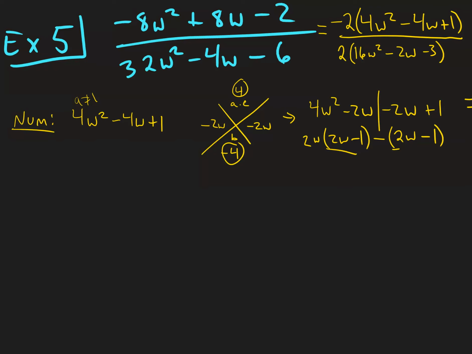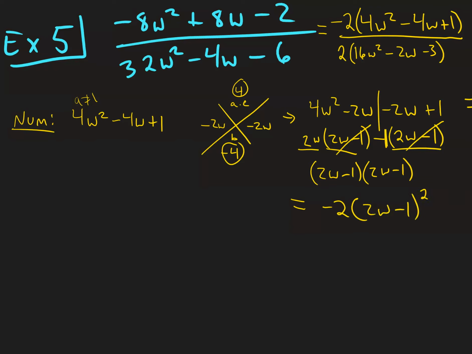So now since these two terms are the same, I'm going to factor that out, leaving me with 2w minus 1 times, well, what's left over, 2w, and then minus, of course, this is a 1. So my numerator is going to factor to this: -2 times 2w minus 1